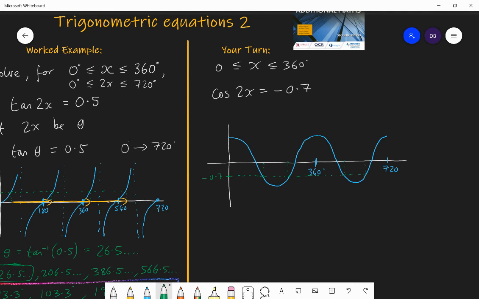So we want 1, 2, 3, 4 answers. And the way to find them, you'll find the first one using your calculator. That will give you that one. And then the distance for the next one is 360 minus that. And for each of those, you just need to add 360 to get the final 2. So in effect, for 2x, you do cos to the minus 1 of negative 0.7, and that gives you